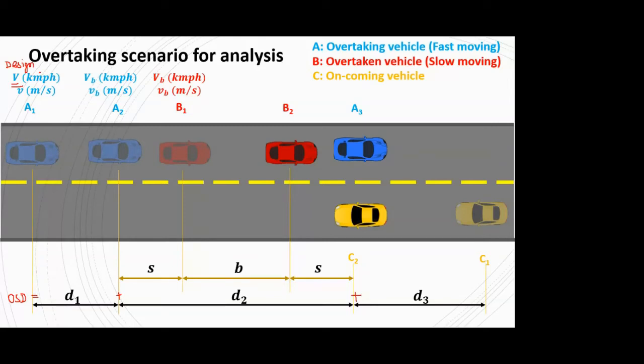So for that generalized formula, we have to also consider some speeds. The slow moving vehicle will be having its own speed VB, no doubt about that. But the fast moving vehicle A, which has approached, is traveling with the design speed. We assume that. Yes. So suppose its highway design speed is 100 kmph. So that vehicle entered the system with 100 kmph speed.